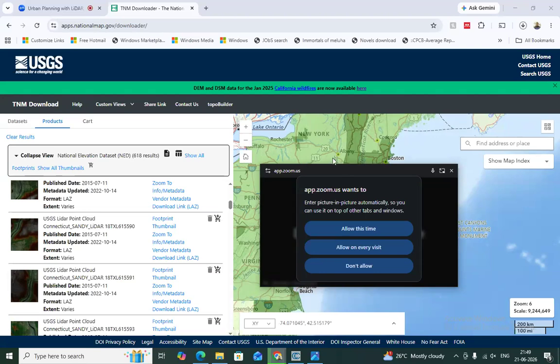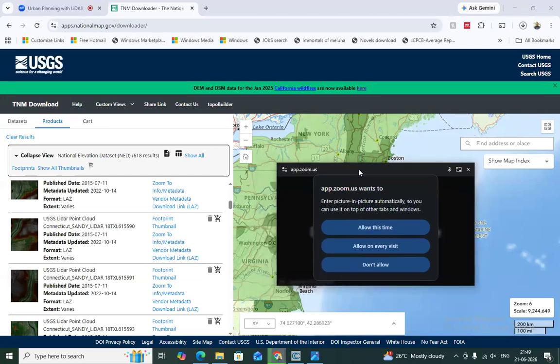Okay, but for India, Bhunidhi also doesn't work. It is not freely available data. You can put a requisition. If they have any project LiDAR data, then they can provide the data. Okay, but not open access.